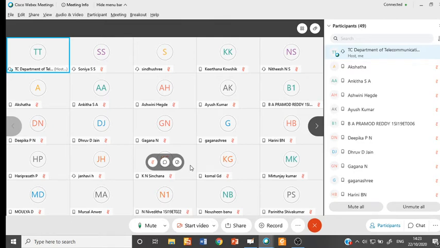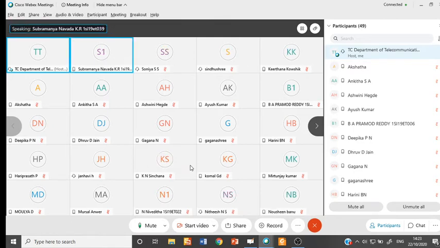Sinchana? It has memory and it is causal. Okay. But infinity minus c square by 2 will give us infinity only. Yeah, it is giving infinity. So if you evaluate, it will give infinity because it is e power 2t. So it will give infinity. So the system is not stable. It is an unstable system. Yes, sir. Okay.